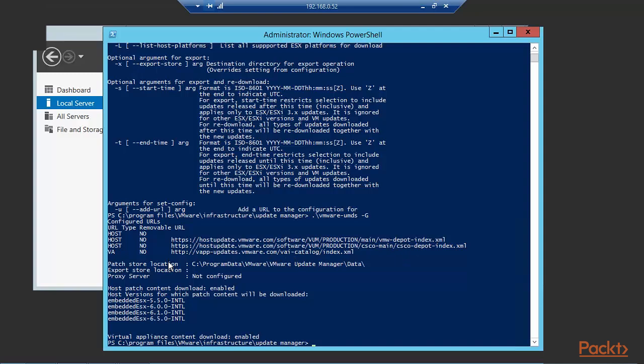The patch store location on this system, which is hosting UMDS, is the program data VMware VM and so on. The export location is not there right now, and host patch content is enabled, and the various versions for which patch content will be downloaded is version 5.5, 6.0, 6.1, and 6.5. Now we need to select which of these we are going to actually use, and since we are running version 6.5 on this host, I suggest we look at embedded ESX